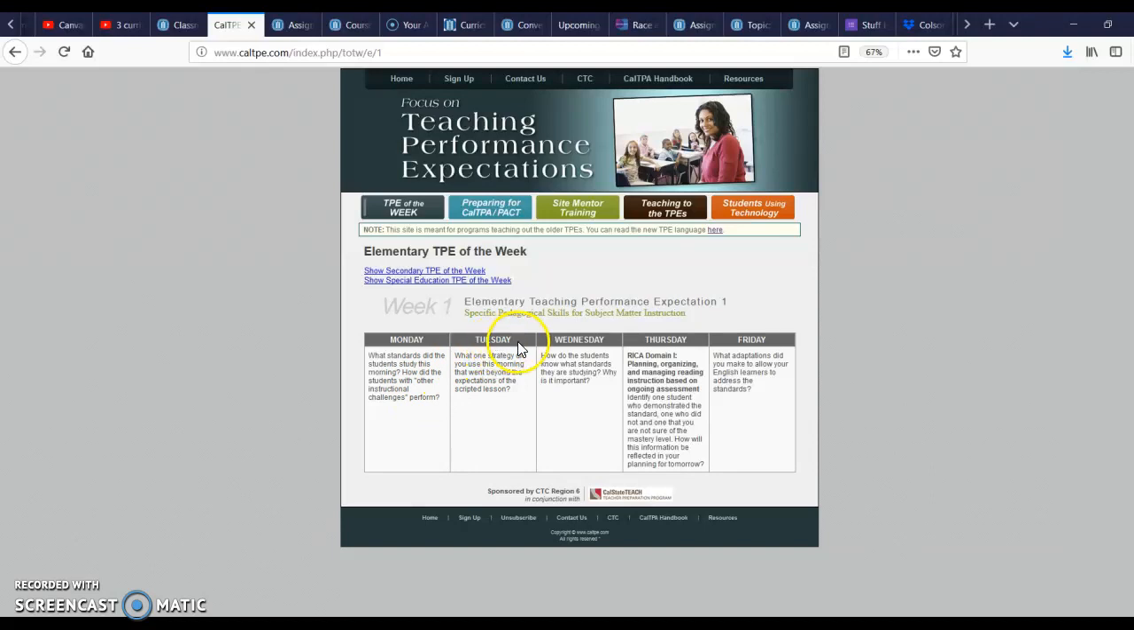Tuesday, for example, if you choose, what one strategy did you use this morning that went beyond the expectations of the scripted lesson? So again, the you is referring